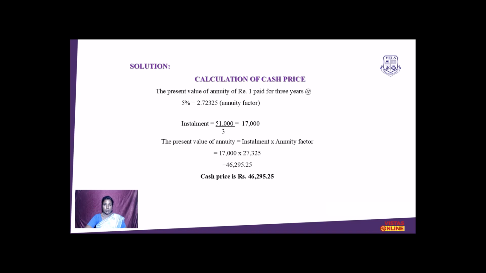So you multiply the installment value 17,000 by 2.723, the present value annuity factor, and the value is 46,295.25. That is the cash price of Mr. X. So the final value is